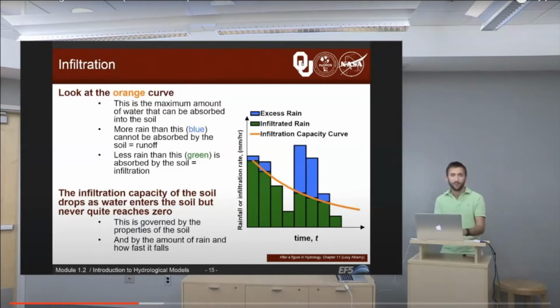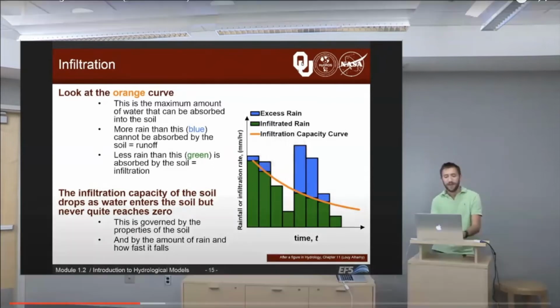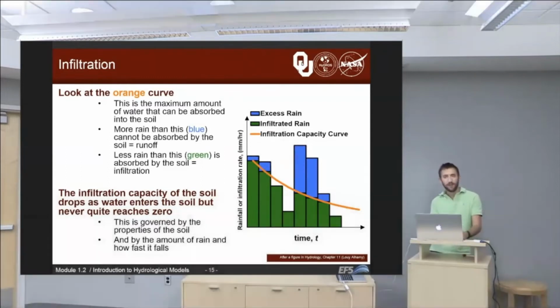So this curve helps us determine which percentage of the water actually goes out as runoff and which percentage goes out as infiltration capacity. You'll notice that as we get farther and farther in time and as we have more and more rainfall,